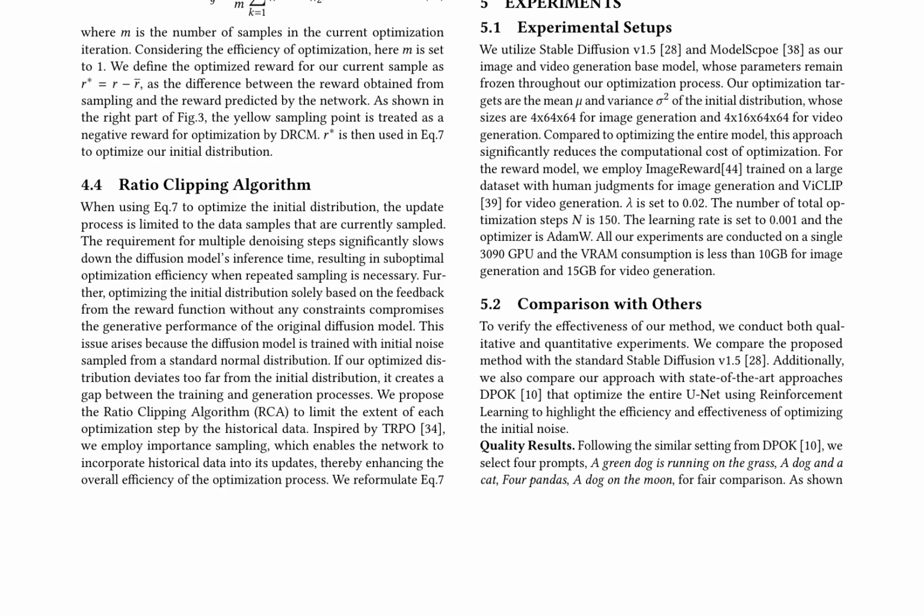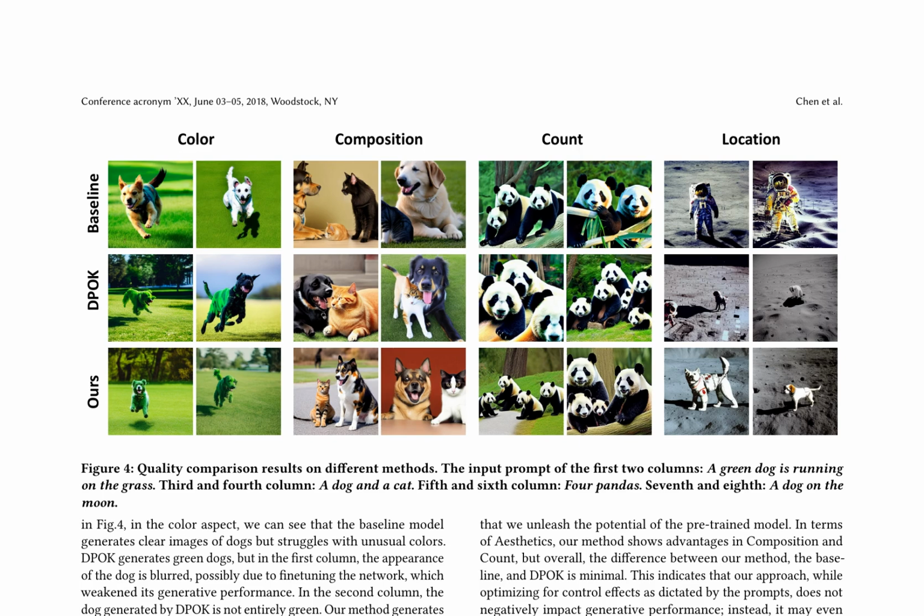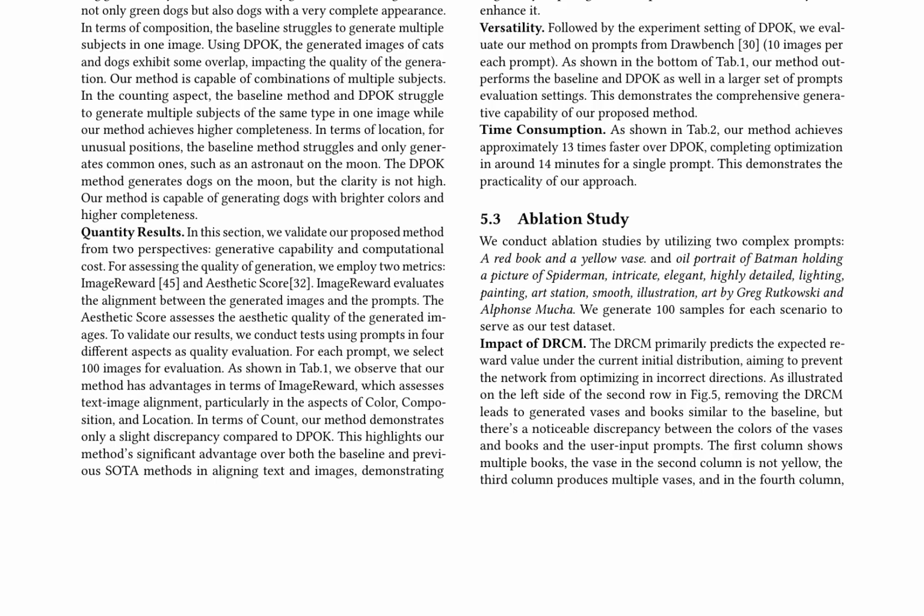The results show significant improvements in terms of color accuracy, composition, and location in the generated images. The method also outperforms others in terms of computational cost, achieving approximately 13 times faster optimization. An ablation study further highlights the importance of the DRCM in preventing the network from optimizing in incorrect directions. Overall, the paper presents a novel approach that efficiently optimizes the initial noise distribution for diffusion models, leading to improved